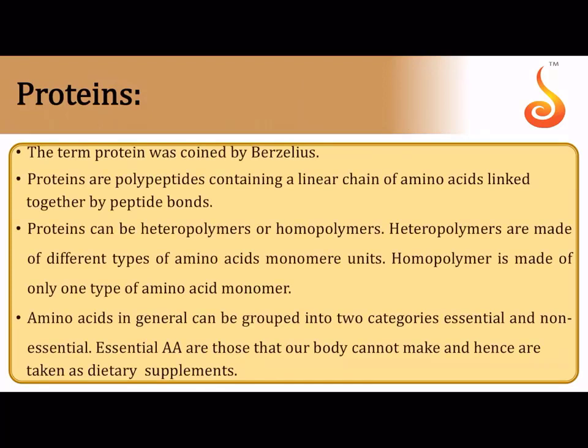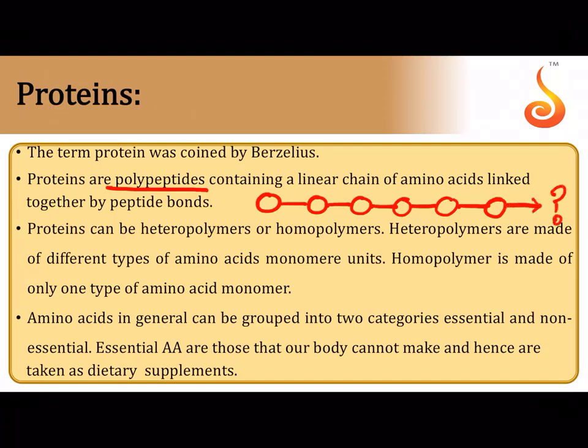Now moving on to protein, we had already discussed that a protein is a polypeptide. That means it is a beaded chain. And what do the individual beads represent? You should tell me now. The beads represent what? The bonds between represent what? The entire chain represents a polymer that is referred to as a polypeptide chain.